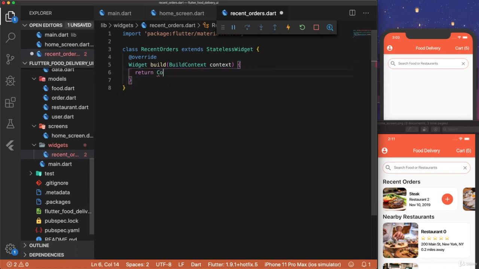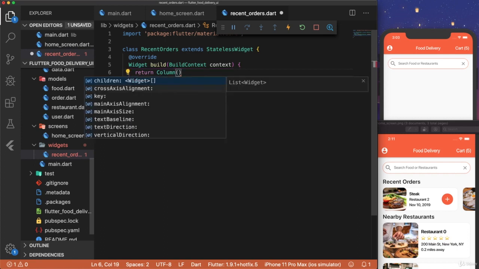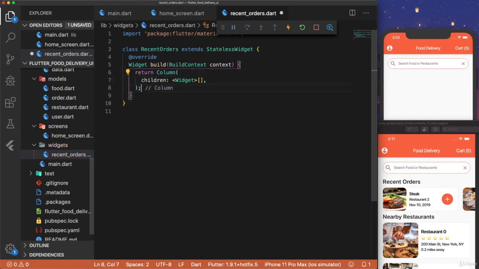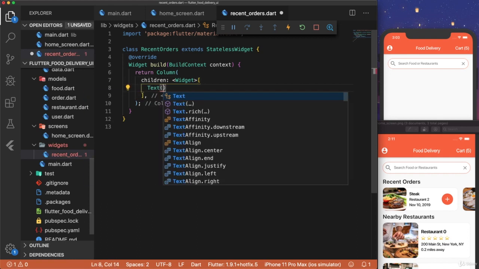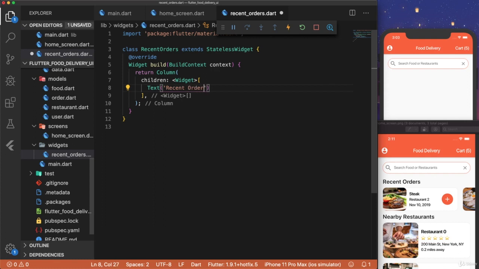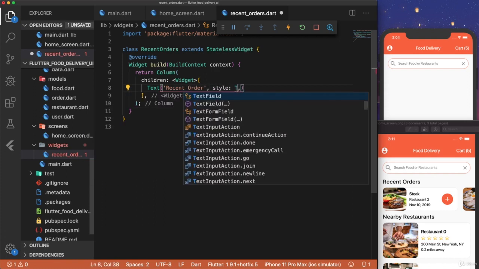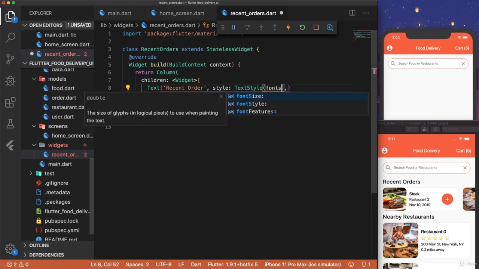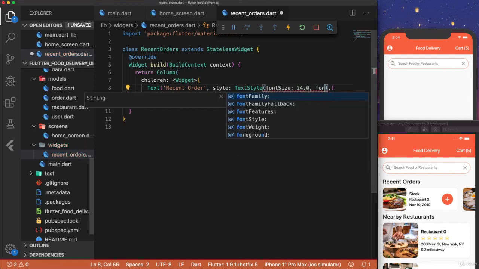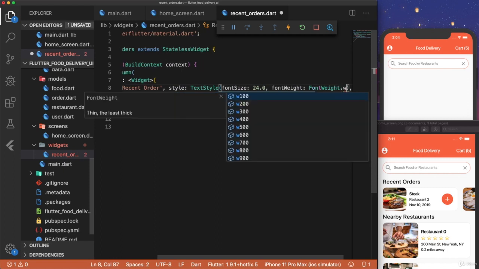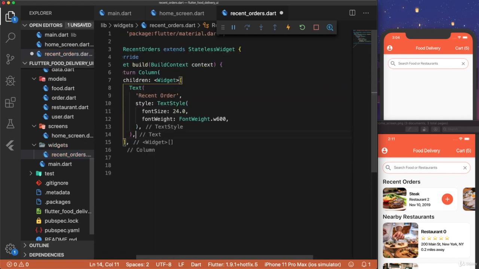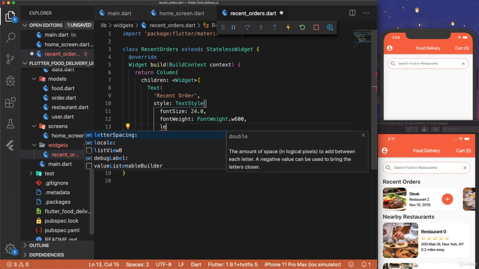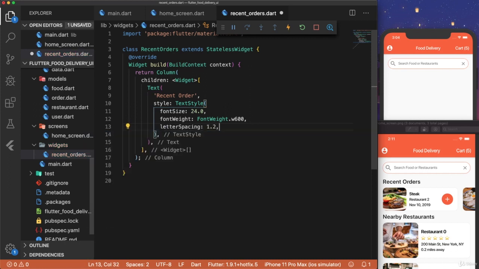So let's remove container and we'll put column. The column's going to have children. And then the first child in the column will be a text widget, recent orders, and we'll style the text now. Font size 24.0, font weight.w600, so semi-bold. And then the last thing is letter spacing, which we'll set to 1.2. And when we hit save, we see that our recent orders appears on the screen, and I forgot an S